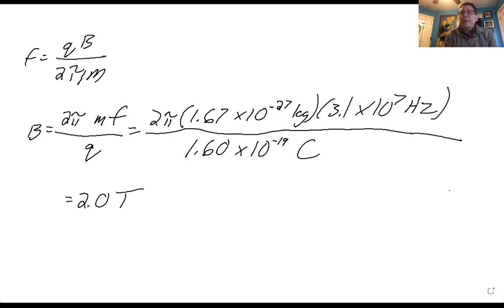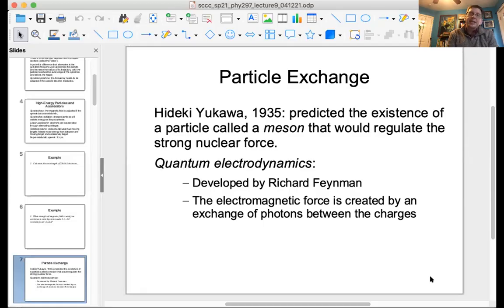Now we're going to talk about some of the particles beyond protons, neutrons, and electrons that have been found in these collisions. But again, sometimes theory leads the collisions. So a Japanese scientist, Hideki Yukawa, predicted the existence of a particle called the meson in 1935 that would regulate the strong nuclear force,